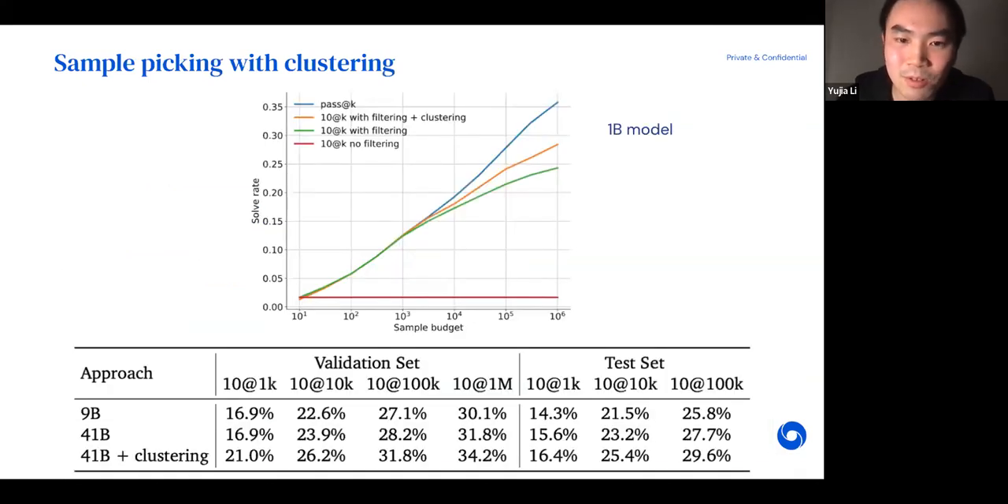So this is the result that shows different ways of filtering, comparing no filtering at all. So you just sample 1 million, then randomly pick from them. Then you can see that that actually doesn't scale with more samples, because you're just generating 10 random samples essentially. And if you use filtering with example tests, then you can see that actually allows your model solve rate to scale with more samples. And if you then do clustering on top of that, you see the solve rate improve